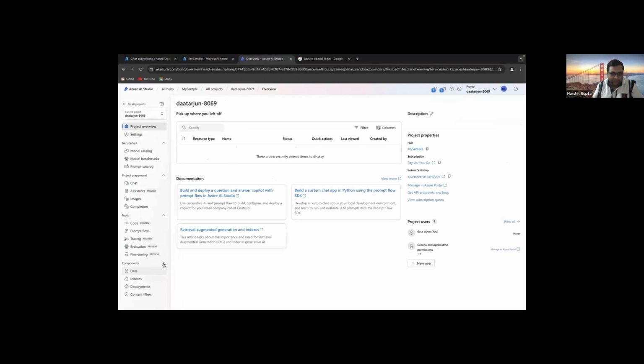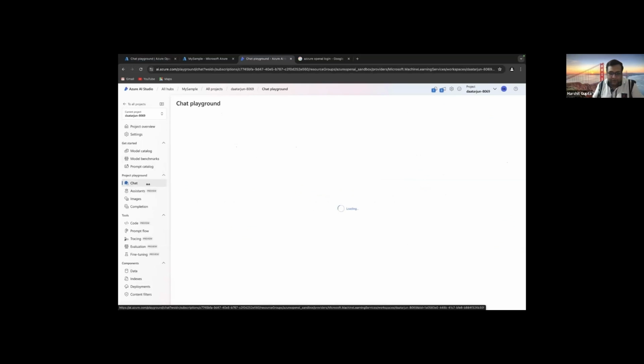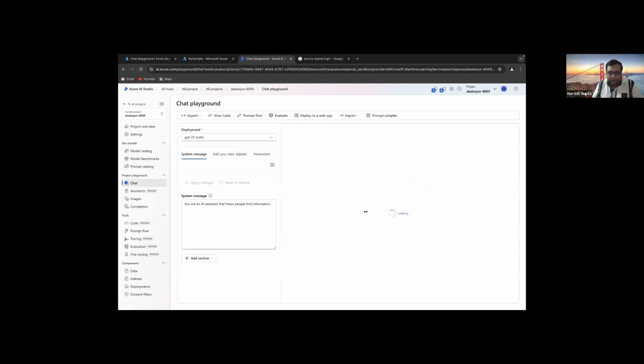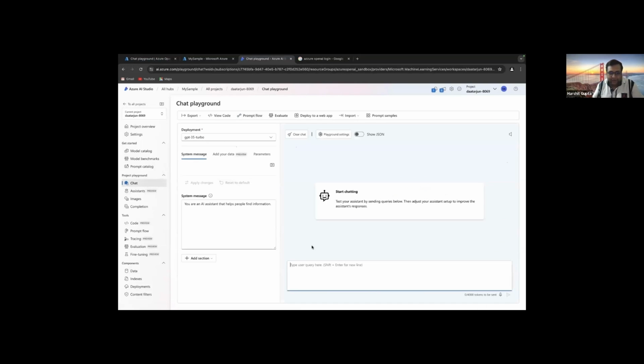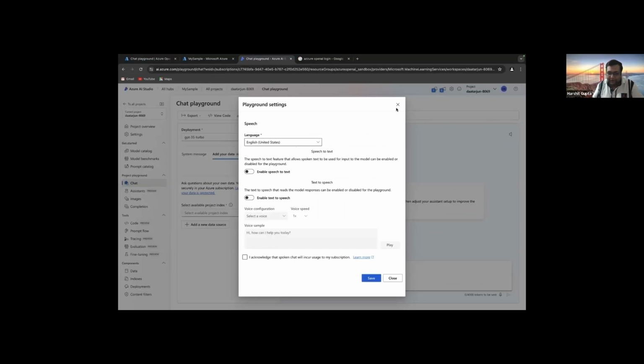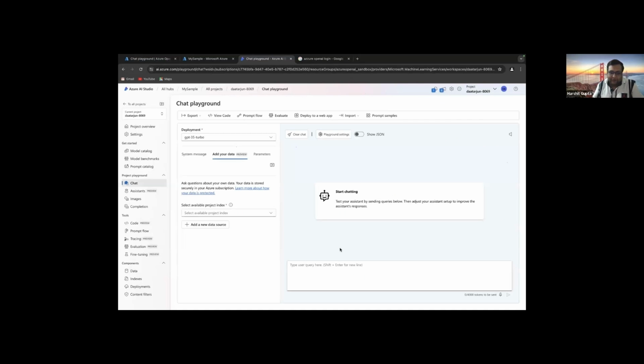It'll look like this. If you check this out, it is quite similar to OpenAI Studio. We have chat option, chat playground option. So we can do the same thing from here as well. Add your data or do things like that from here as well. So this is also possible